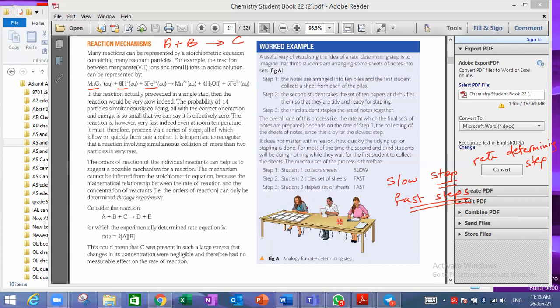As we see here in these three steps, the first student will take the longer time because she is responsible to collect 10 papers from these 10 piles. So of course, this will take time, but these two students will not take time. The second student is just arranging the papers together and giving it to the third student, who's going only to staple the papers. Of course, they will not take any time, but the first student will take time to collect these 10 sheets. So it depends on her